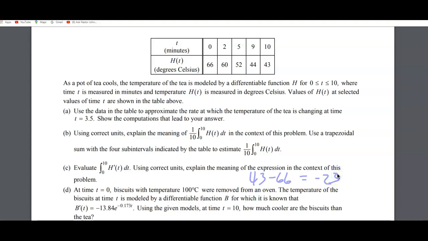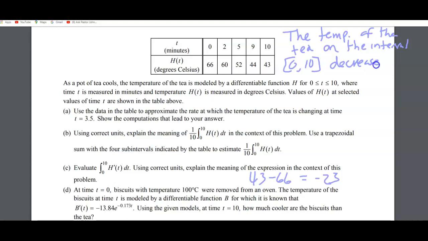So what this means is that the temperature of the tea on the interval, which is going from 0 to 10, decreases by 23 degrees Celsius,